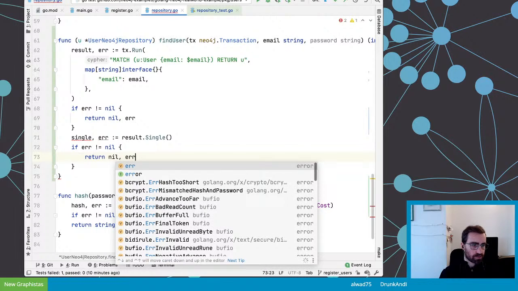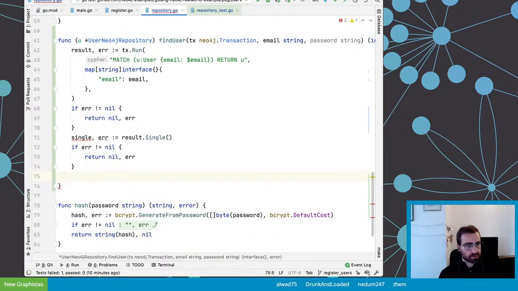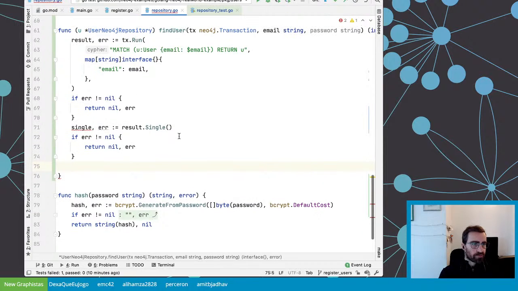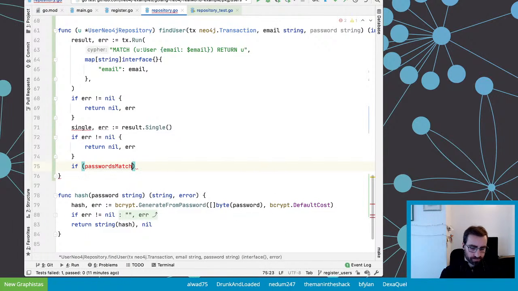So same as here. And finally, I've got this record. And what I want to do is first make sure the password matches, right? So I've got the clear text password here. I've got a hashed password from the database, and I would probably need to do something like this. If passwords match. So the clear text password is this one. The hashed password is something like,